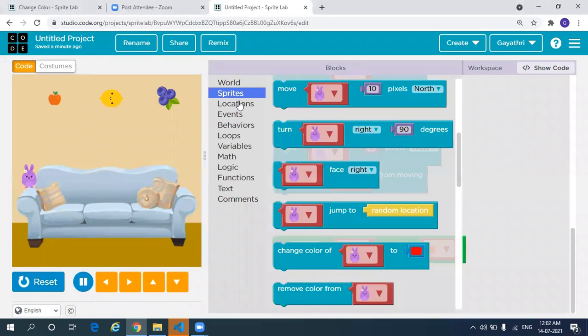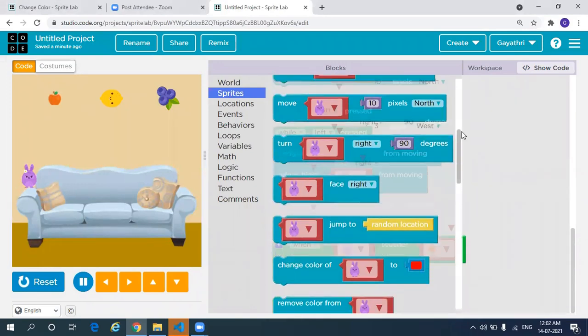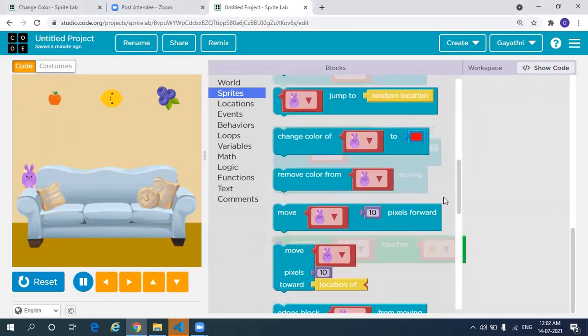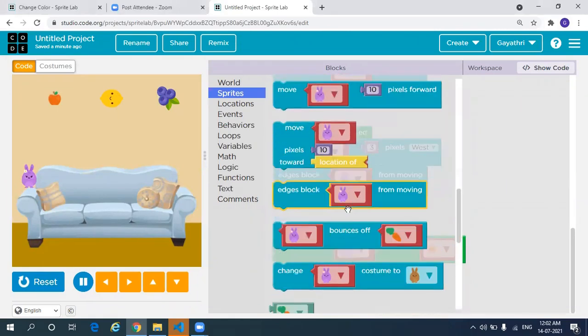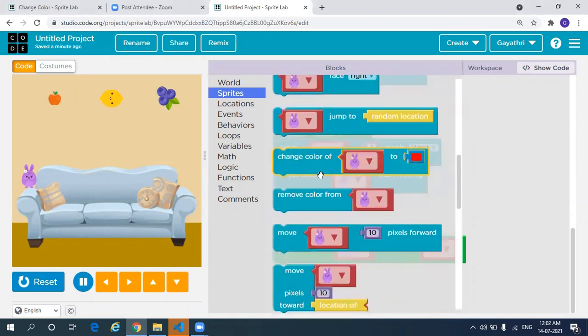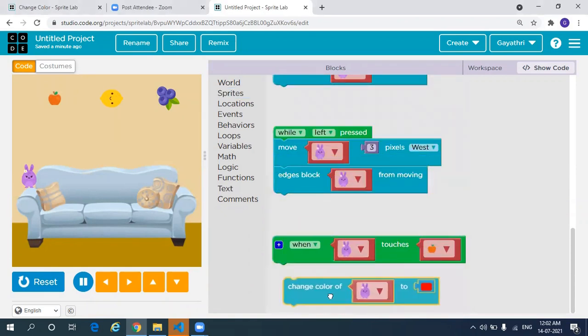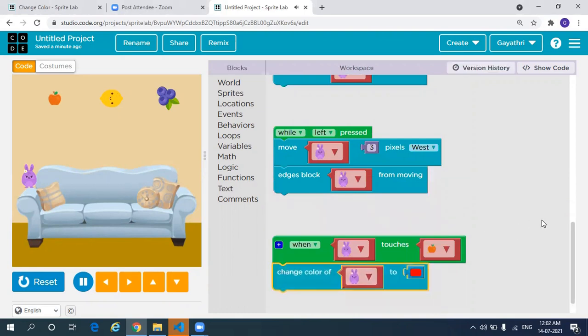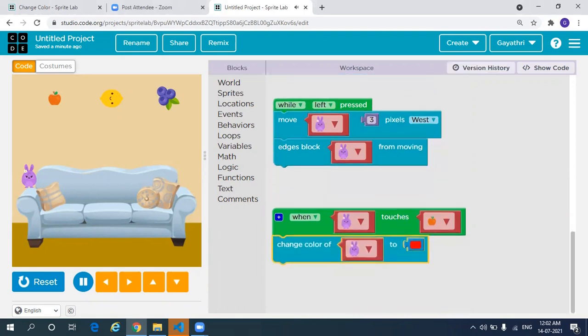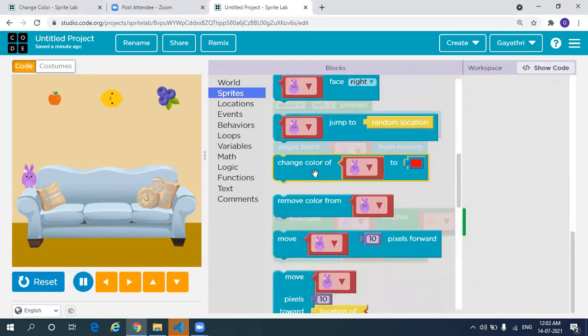Go to sprites, scroll down, select change the color, change the color of bunny to red. Okay. So this is when it touches apple, and again go to sprites,